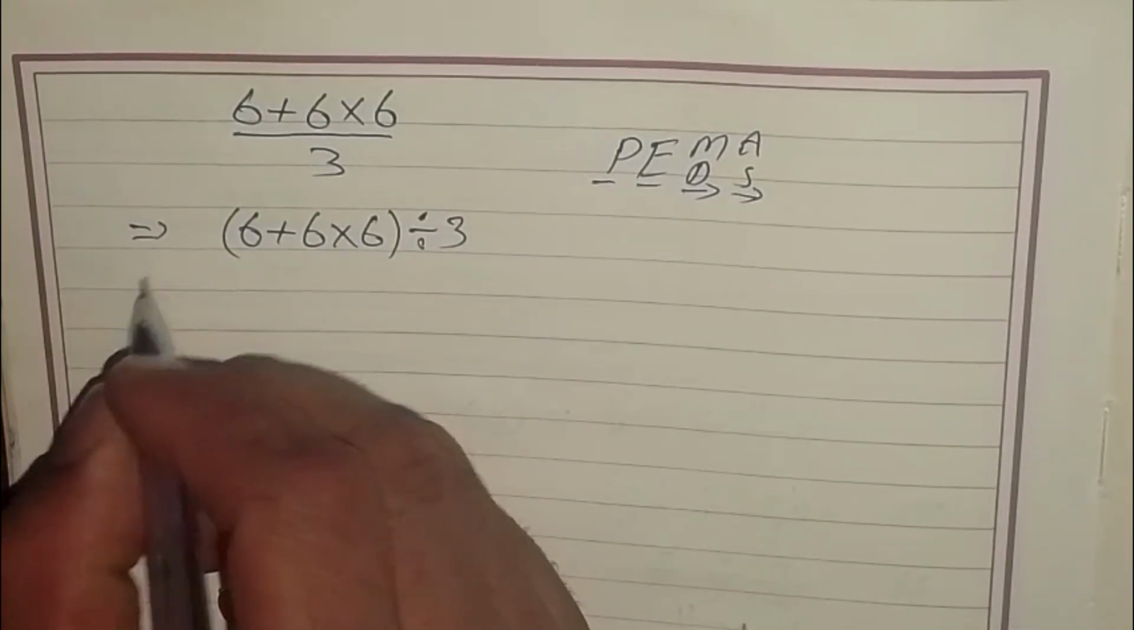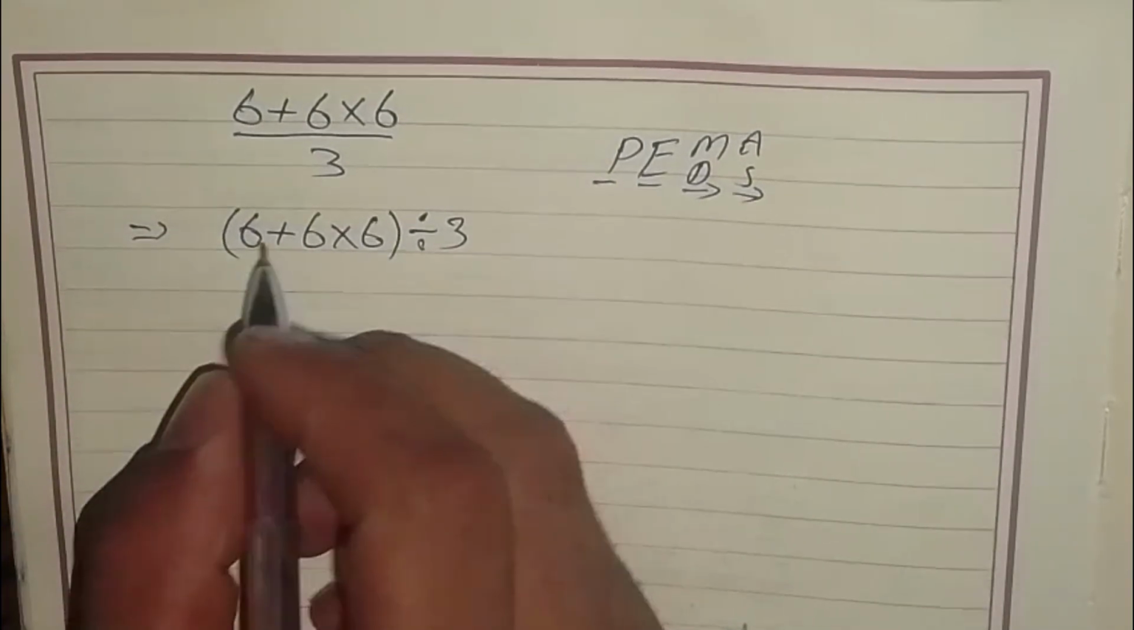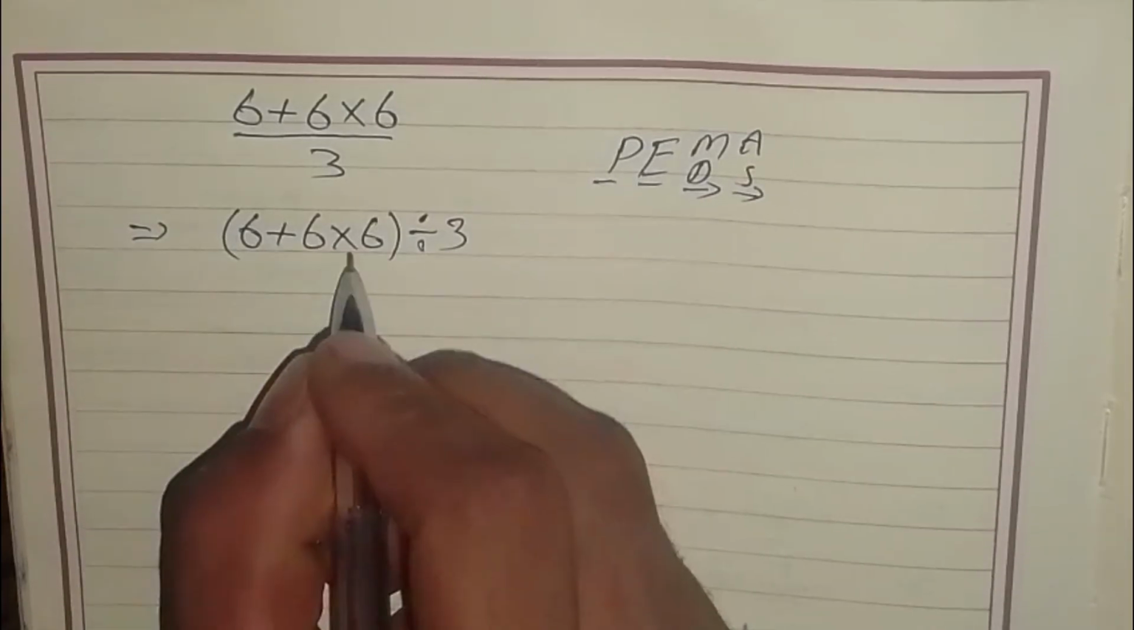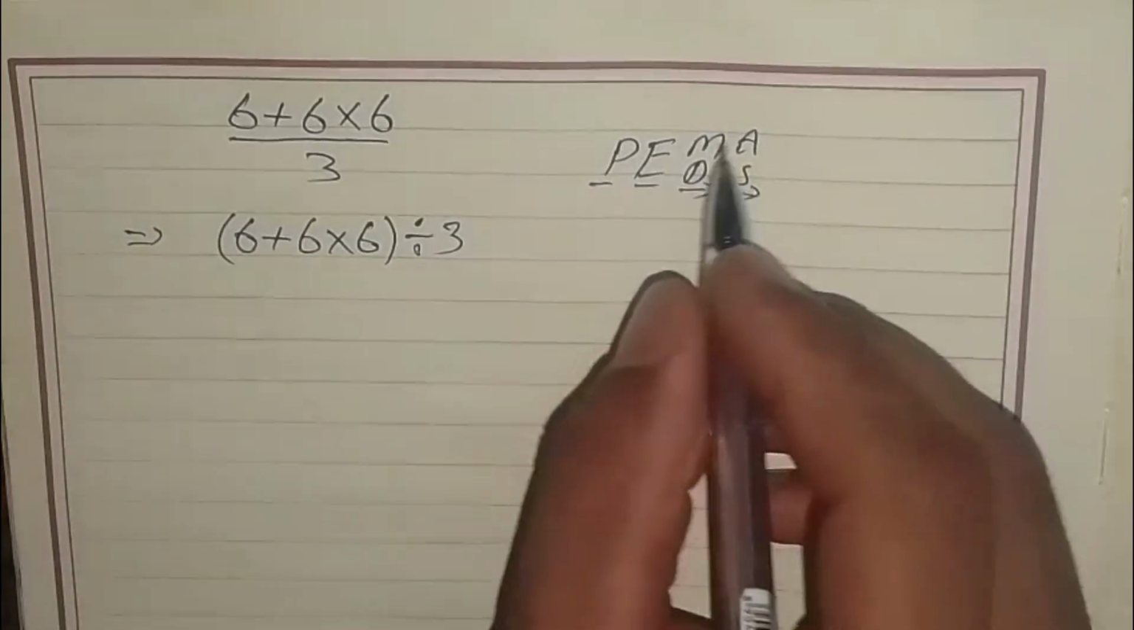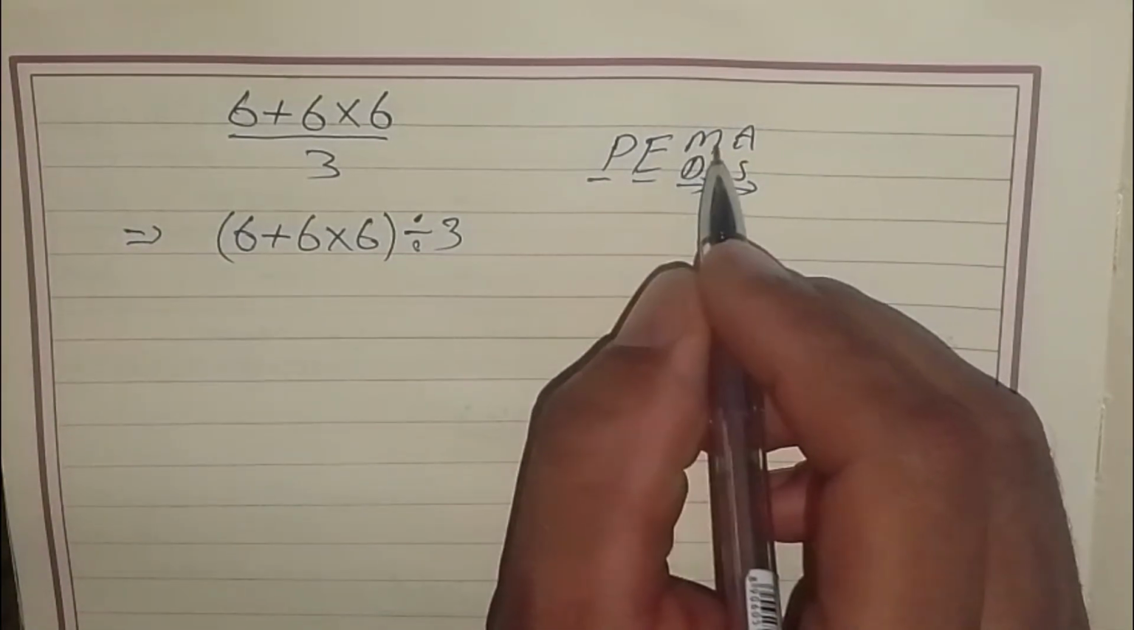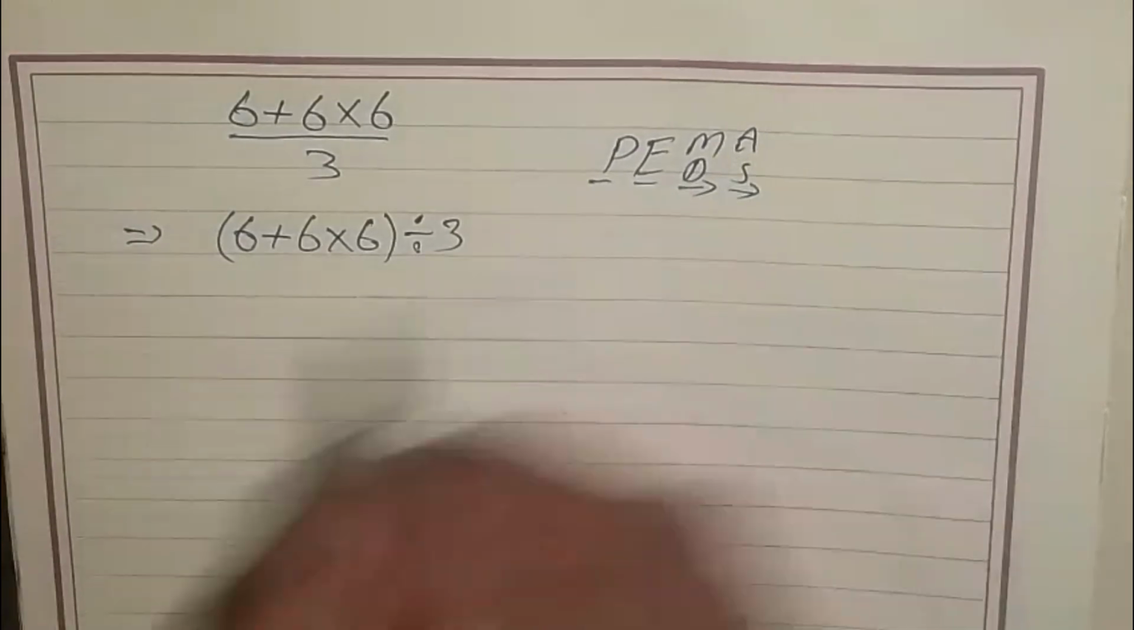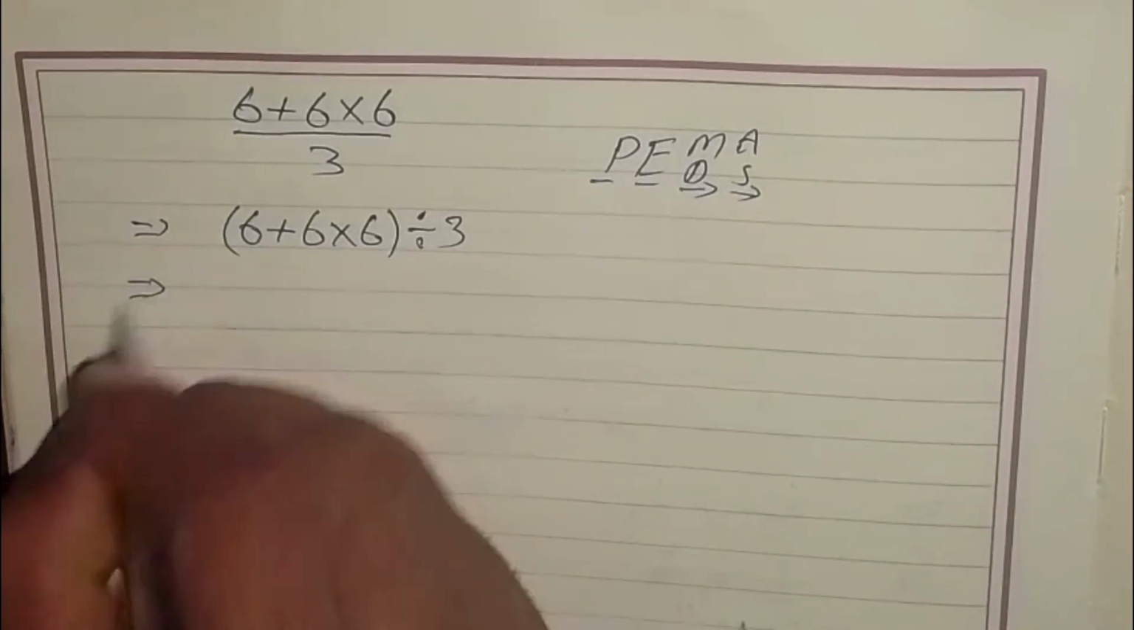Now inside of the parentheses we have one addition and one multiplication. So according to the rule, first we solve multiplication, then we solve addition. So the equation becomes